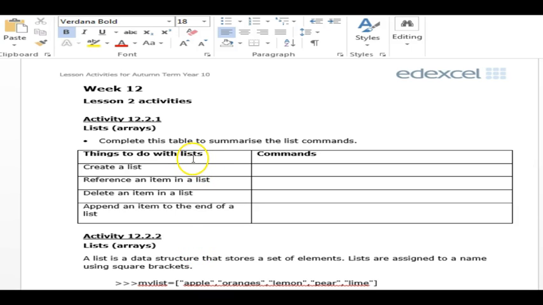Okay, so there are Excel activities which I find still relevant, so we'll have a go at these. So here are the activities. The first activity is 2.1. We're going to complete this table to summarize the list commands. So we are using Python. Python is the program we're going to be using